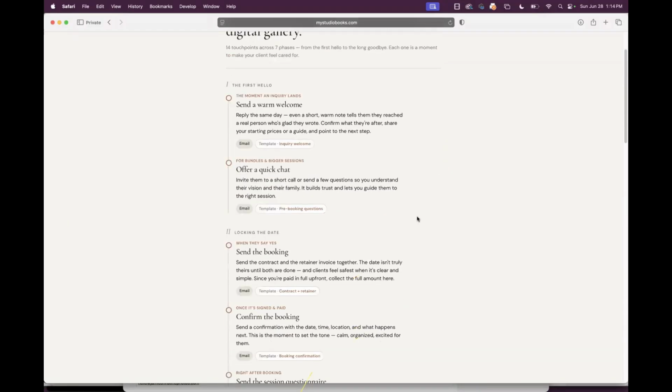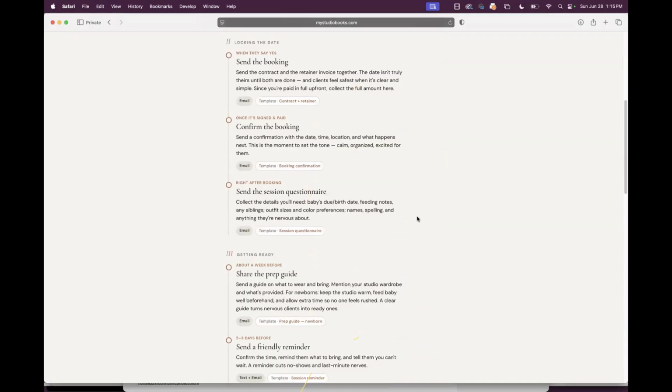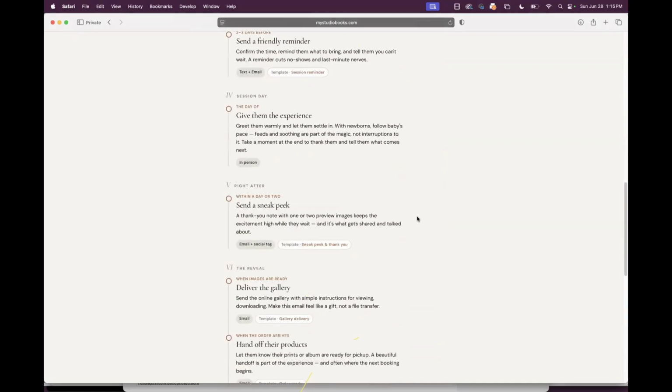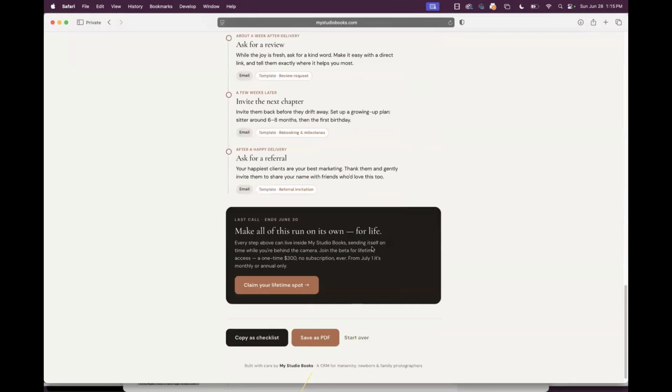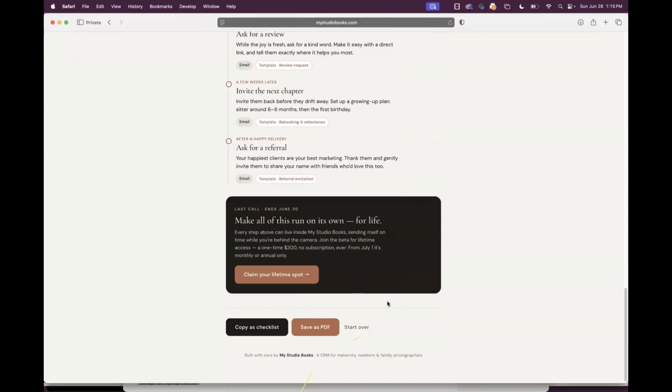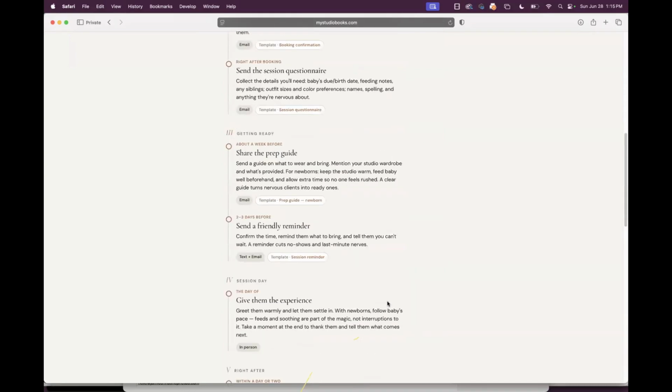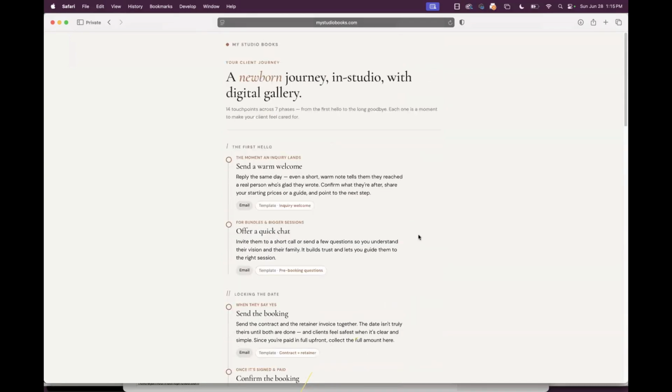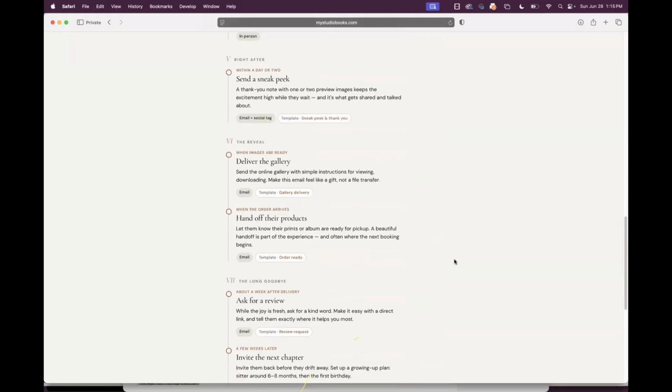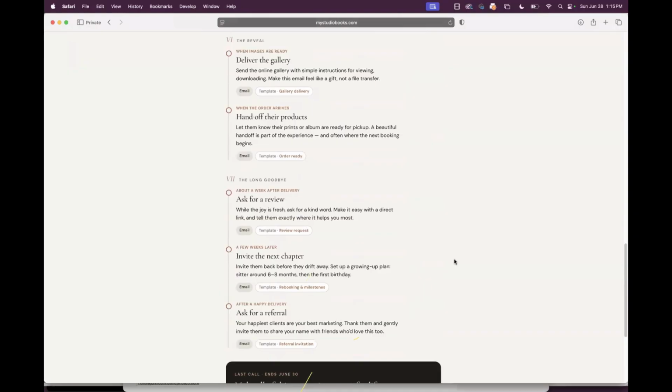And then you can see it comes down with kind of a proper best practice workflow, if you will. You can copy this as a checklist. You can save it as a PDF. This is just to kind of help you go, oh, this is what I should do. Because when you're starting out, or even if you've been around a lot, you may not do this. And especially as things get busy, even just stupid things like a review.